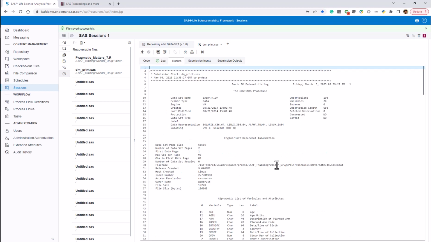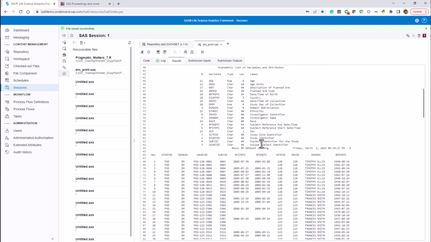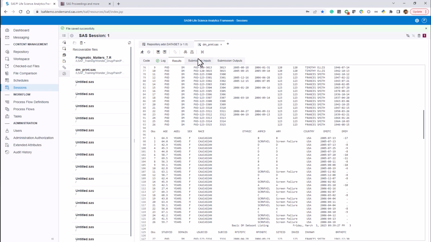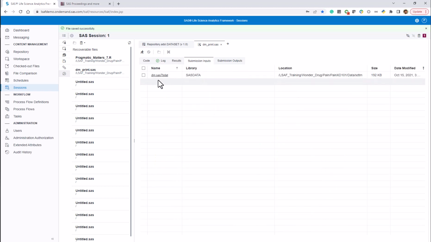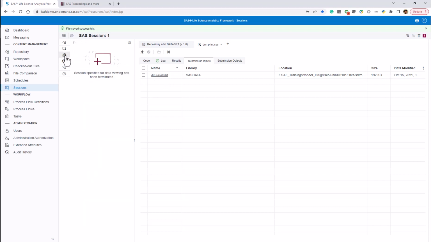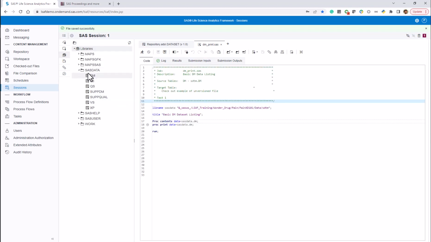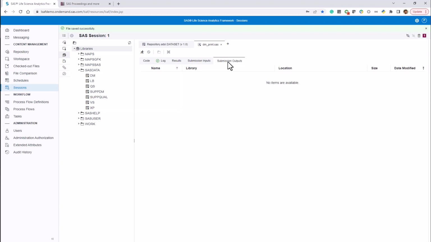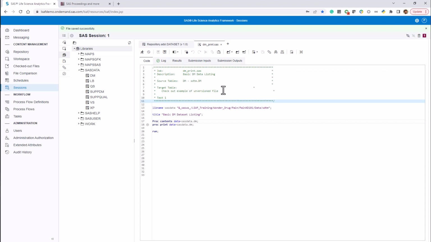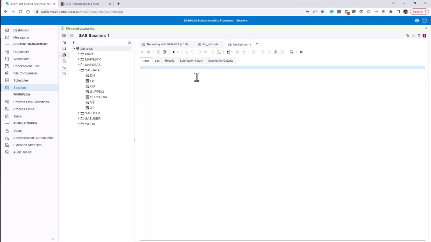On the results tab, since this is a proc print, you'll be able to see your listing over here. For the submission input, you're pulling the DM domain, and you can see that. Plus, you can also look at the libraries that your code is pulling the libname from. So you'll be able to look at the libraries just like you do in SAS 9. And we don't have any output, so you can do the coding like that. So this is how you run print.sas, but behind the scenes, if you do proc setinit,